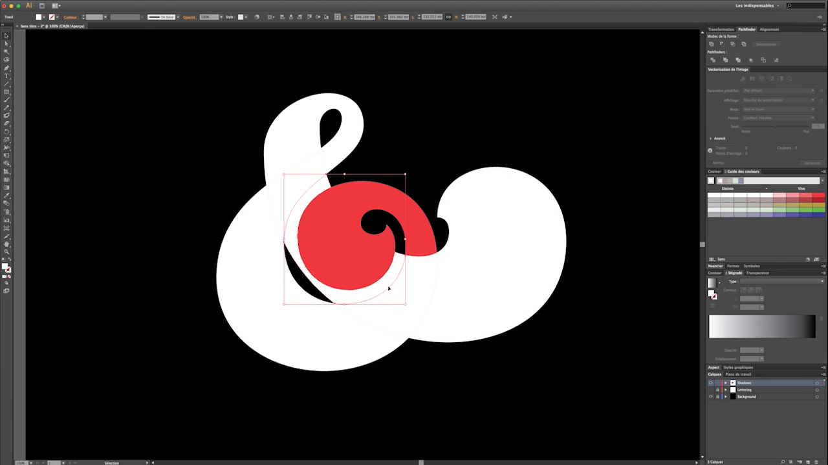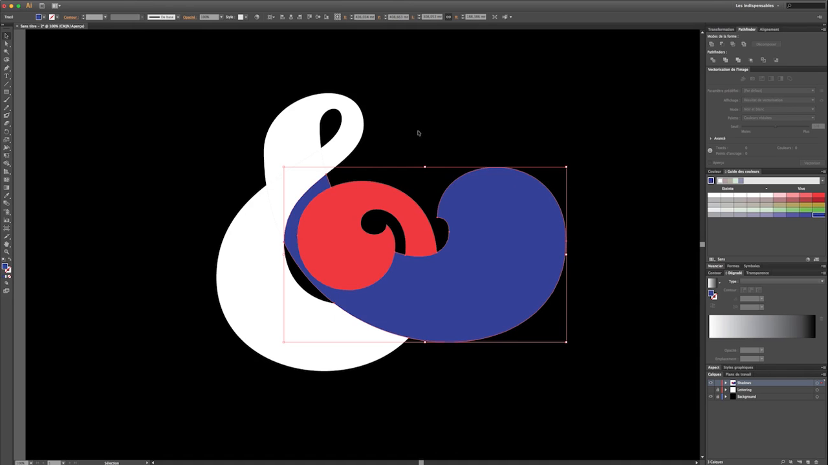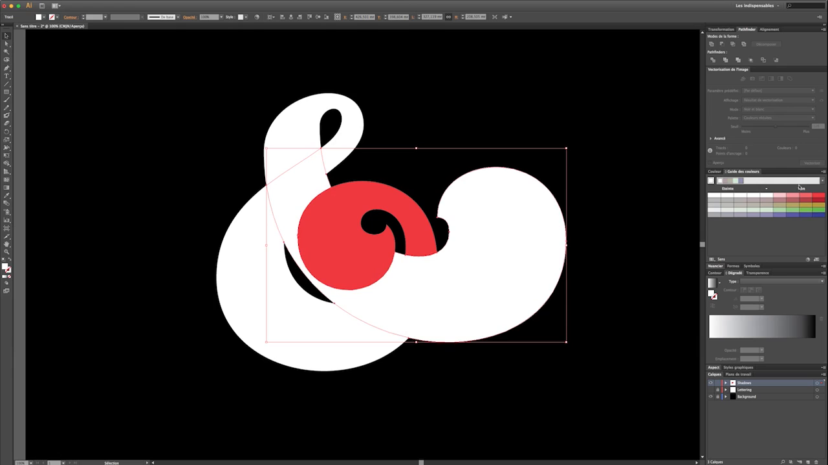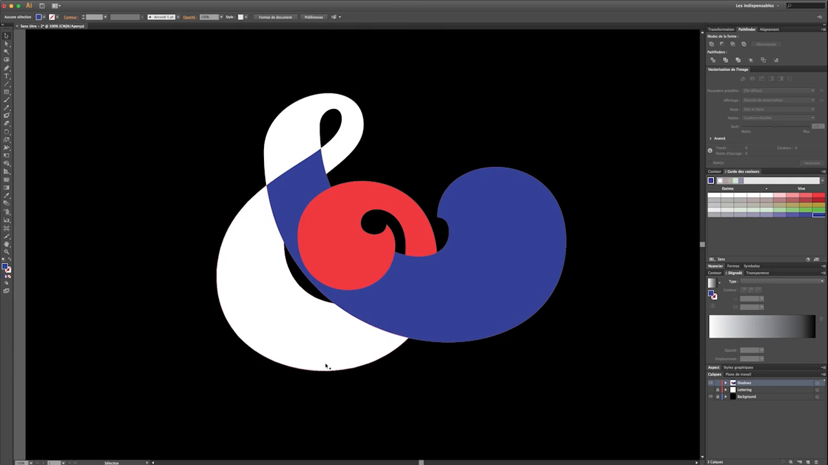I click, I hit Shift, I maintain Shift on my keyboard, and I click on the different parts so they are all selected, and I click on Merge here in the Pathfinder. I assign a different color. Okay, this is also merged with this part. So this part is on its own, and you can see that I will have a little problem here